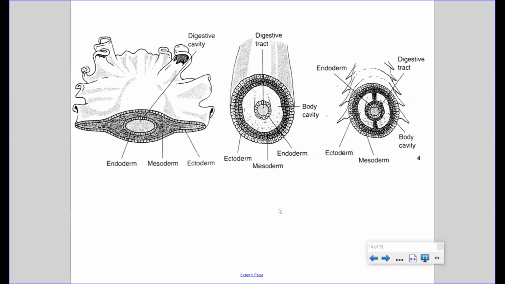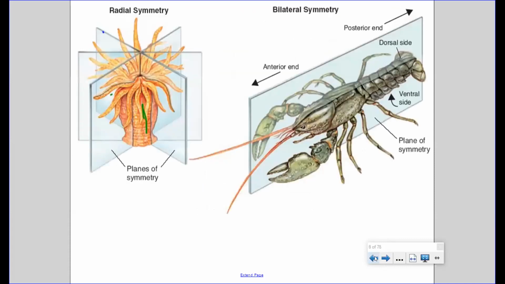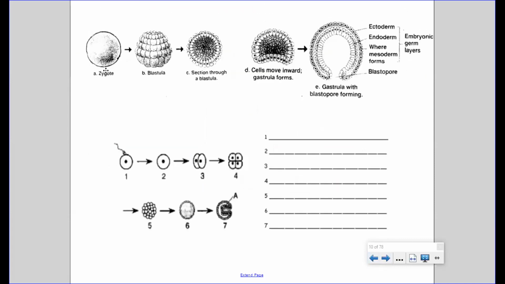All right, so we talked last time about as animals formed, we got more complex, because if you think about it, we had bacteria and we had protists, and they weren't very complex. They didn't have organ systems. They didn't have any of the stuff that animals have. So last time we talked about just these guys here and how they moved from zygote to blastula, and then the blastula that was hollowed out starts indenting on itself, and it's kind of like,